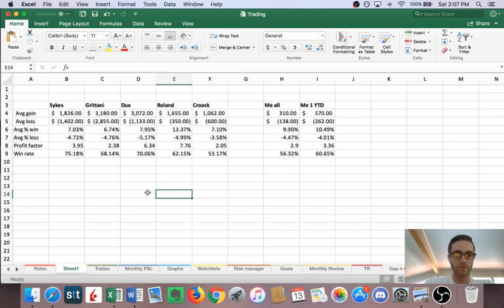So on Profitly, I'm allowed to see statistics of people who post their trades. We have Tim Sykes, Tim Grittani, Steven Dux, Roland Wolf, and Mark Crook, and then we have me, but I'll go over my stats later in the video. I looked at their average gain, average loss, average percent win, average percent loss, profit factor, and win rate. We're going to go over all of these, and I'm going to tell you the similarities that I see in them and why they're all similar. Okay, so the first part is